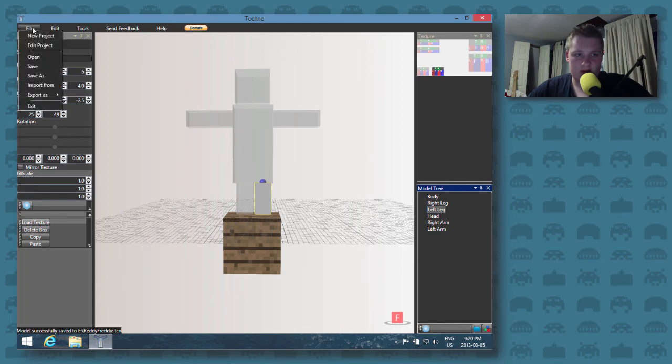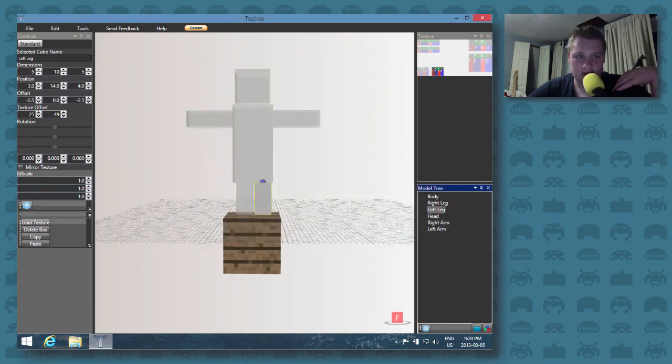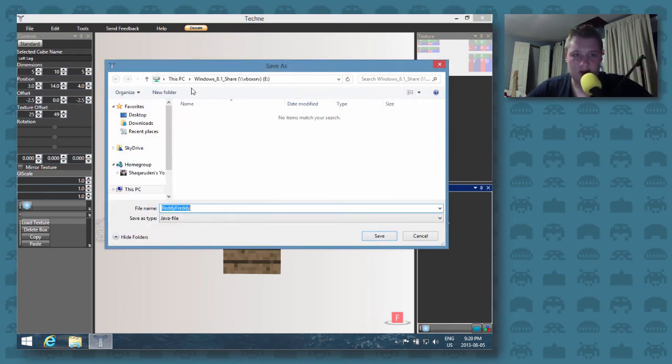And then another thing we're going to do, we're not done yet, because now we need to export it as Java, as Java script, so we can use it within our mod. So then we want to export Java. So I'll go over that again. It's file, export as Java. Click on that. And then in the same spot, so I'm on the Windows, on my share folder,